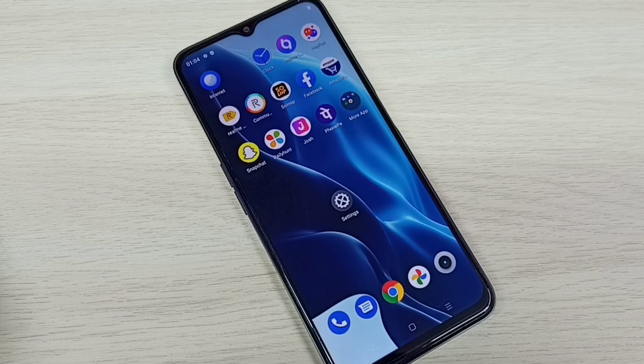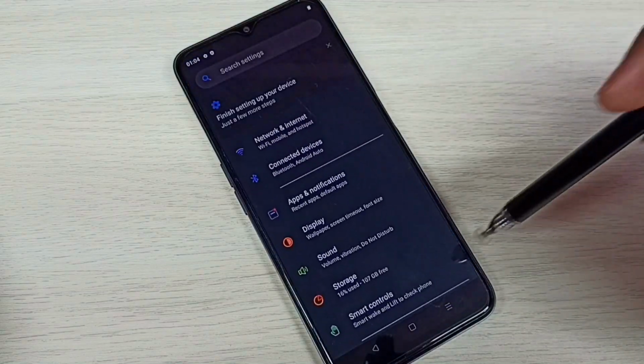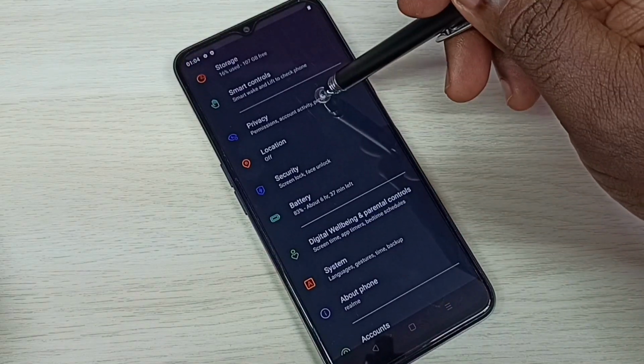Hi friends, this video shows how to fix speaker has no sound after calling with Messenger application. Open settings, tap on the settings app icon, then go down, then select system,